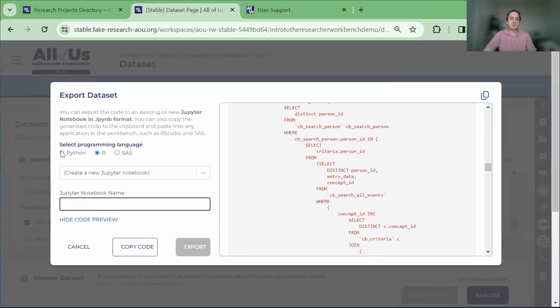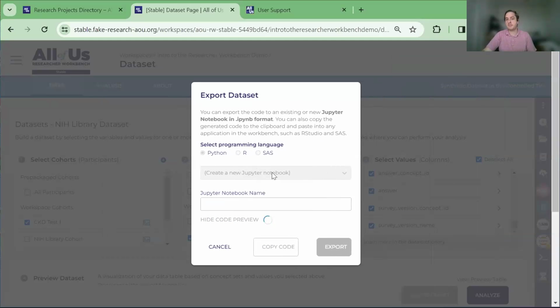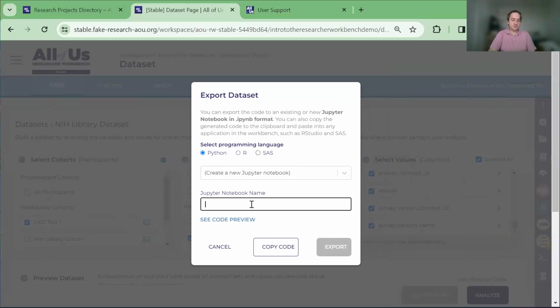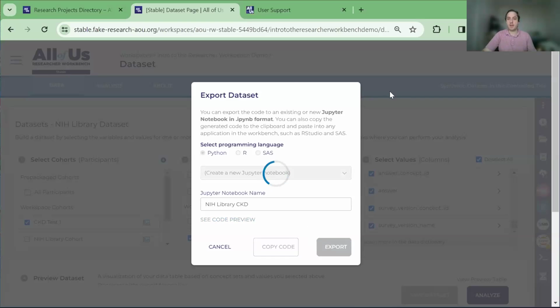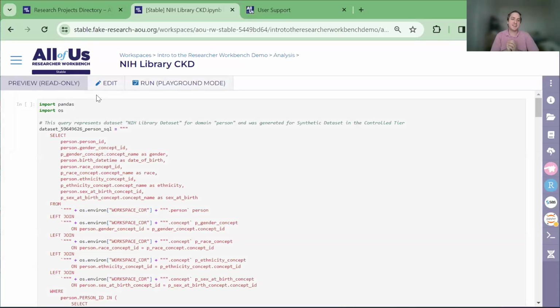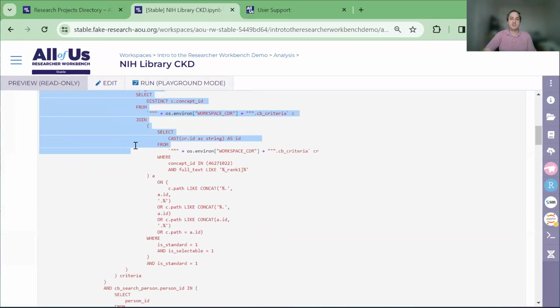So if we wanted to work, let's just say the default in Python, we can then create a new Jupyter notebook, and we'll call this NIH library CKD. Then we would hit export. What this would do is export it into a new notebook, not an environment yet. As you can see now, we have this imported SQL query